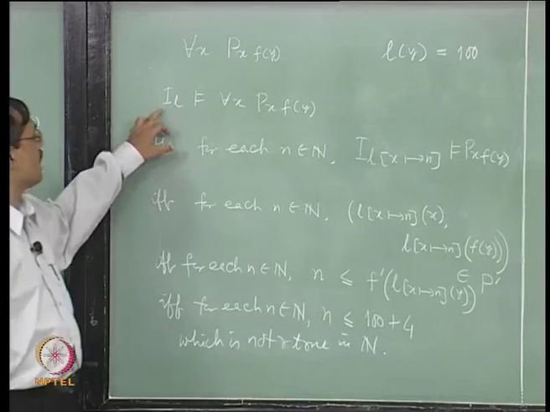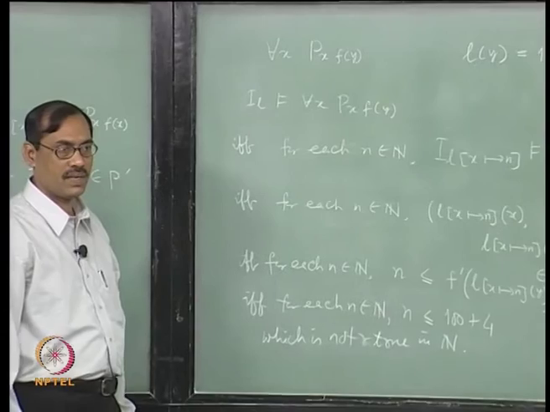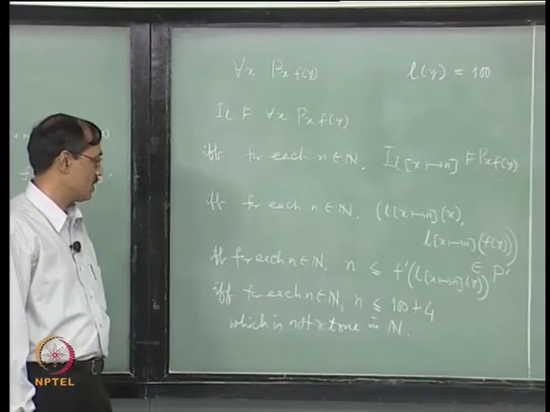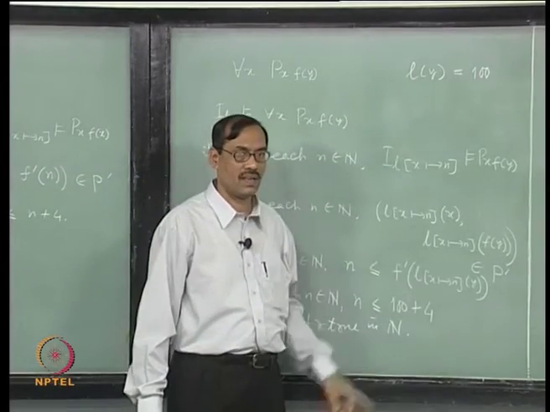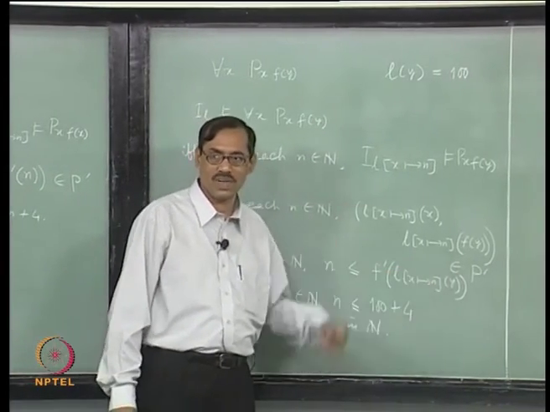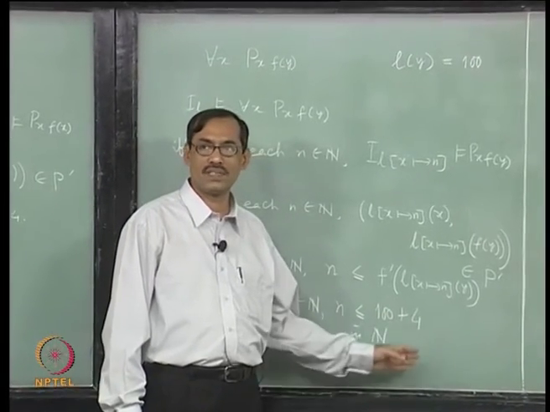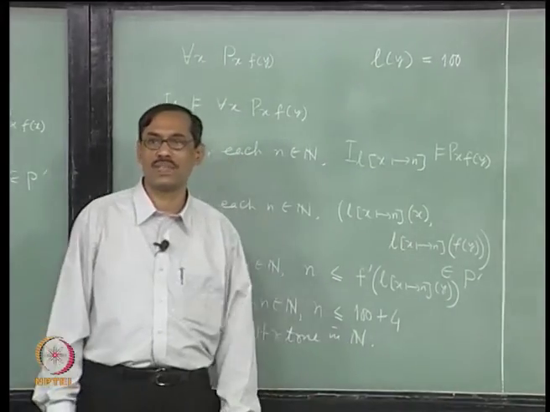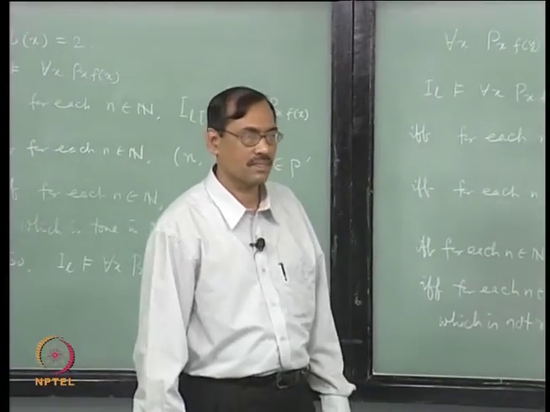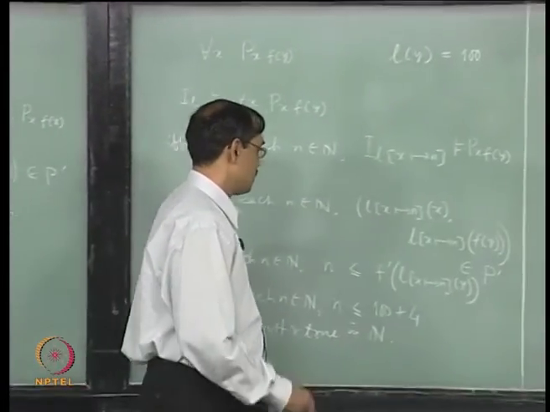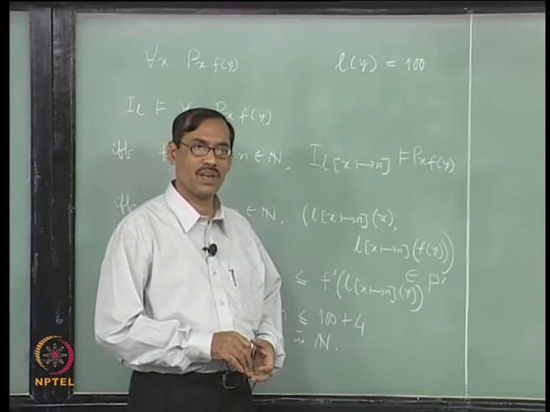That is why I L does not satisfy for each x p x f of y, fine. So, it does not satisfy, but then you see how this L has been used for y. Earlier it was not being used at all, now it has to be used because it is occurring free. So, once it is free, it will give some particular element in the domain. Is that clear? So, this really leads to something. Can you tell why?